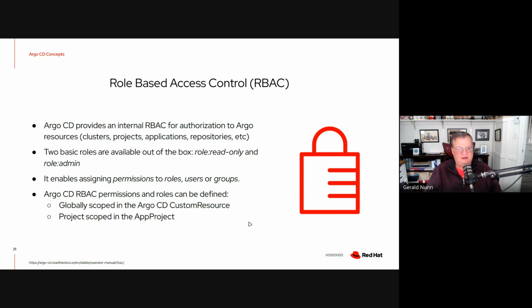So essentially, Argo CD provides RBAC around the resources that it manages: clusters, projects, applications, repositories, etc. And it provides two basic roles out of the box: a read-only role, where